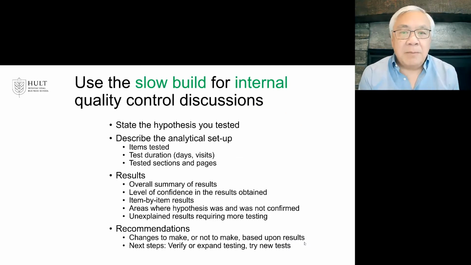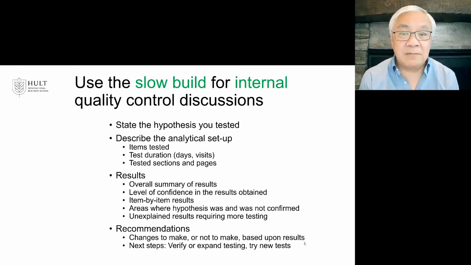A couple of things about the audience. If your audience is internal, for example, if we're talking about quality control, we would consider using a slow build where we say, here are the hypotheses that we're testing, and here's the analytical setup on how we did it and the results of what we saw, and then describe in more detail what is the level of confidence we have in the results, go item by item because this group is a thorough, detail-oriented group,